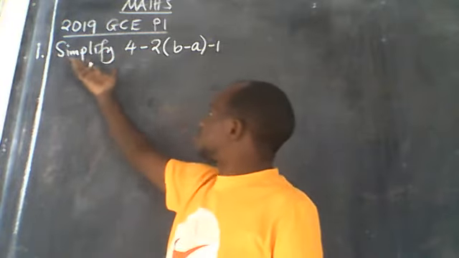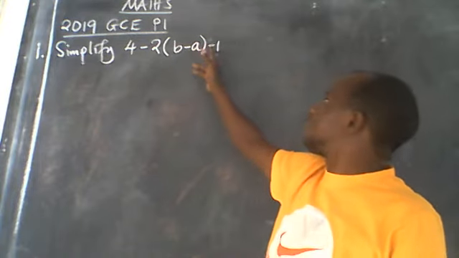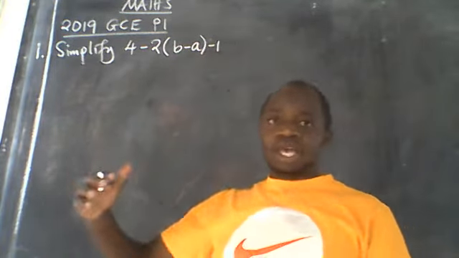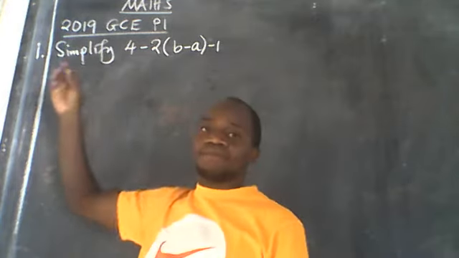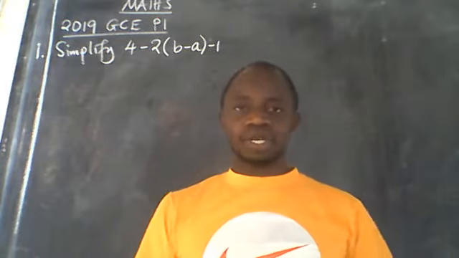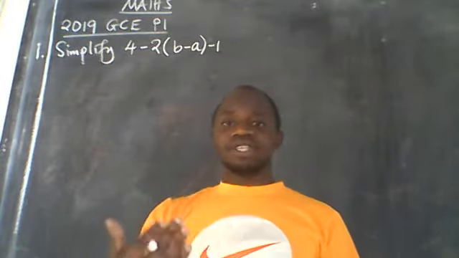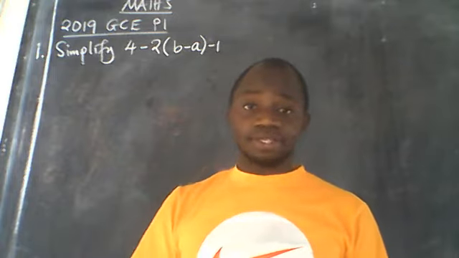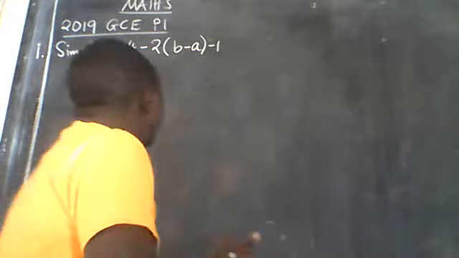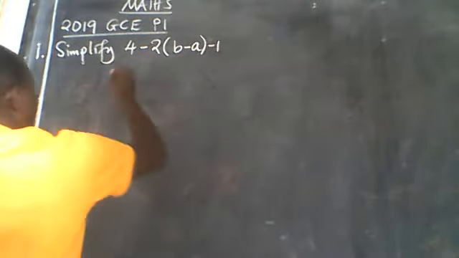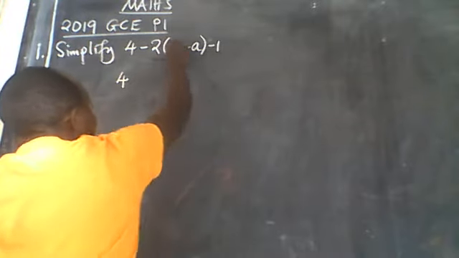Simplify the first question here. Simplify 4 minus 2 in brackets b minus a, outside minus 1. This question is from algebra. They are asking you to simplify, meaning make it easy. So there are brackets here. With brackets, that's the first thing you target, to remove the brackets. Brackets, remember, it's about multiplication. So the way it is here, I'll start multiplying so that I get rid of the